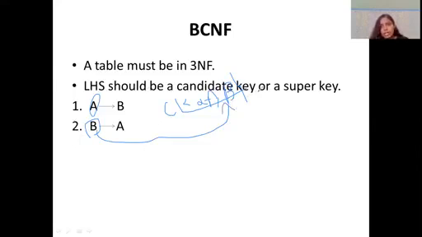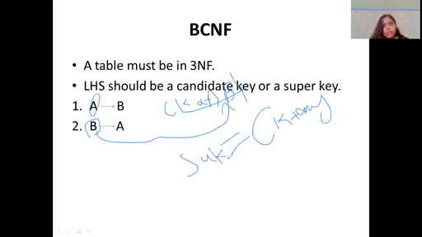Here they are telling along with candidate key or a super key. So what is this super key? CK plus anything is nothing but your super key. So the definition of super key is: CK plus anything will be my super key. Anything extra that you add with your candidate key will be your super key. A candidate key is always minimal. Along with this candidate key, if I add anything, for example, I have three attributes A, B, C, and A is my candidate key, then along with A, if I add C, AC or AB, something like this, then this key is called a super key. So this is all about BCNF.